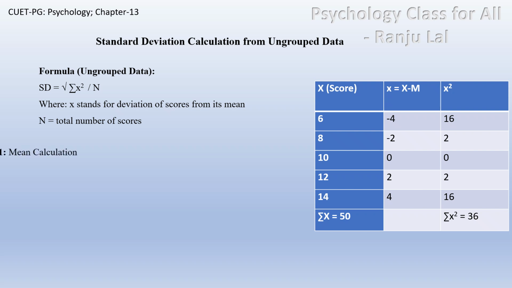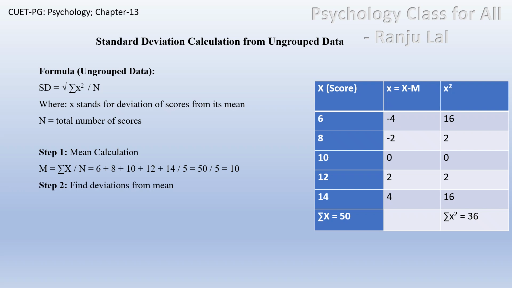Step 1 is mean calculation. So we have raw scores like 6, 8, 10, 12 and 14, and the total is 50. So the first step is mean calculation, that is 50 divided by 5, which is 10. Step 2 is finding deviations from the mean. So finding deviation means x minus M. Each value will get subtracted by its mean, and now the numbers are reflected in the second column. And then the third step is to square the deviations, and the